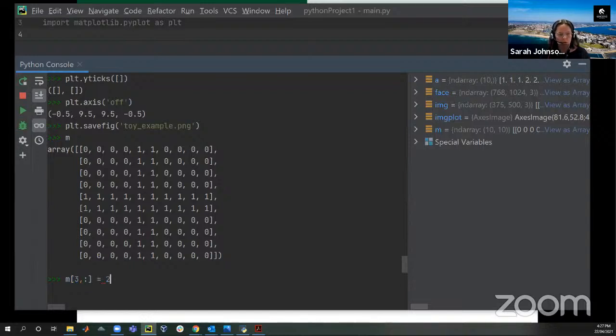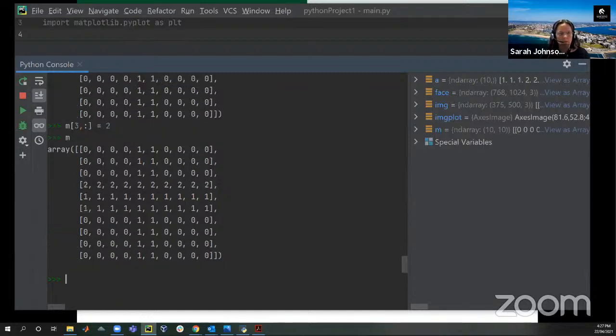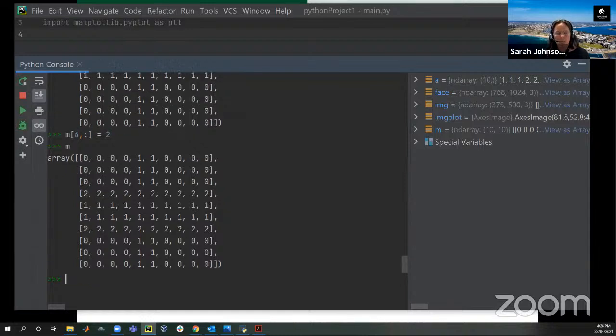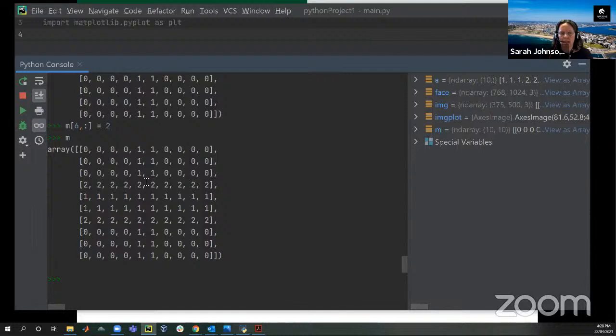Let's make it 2. So now you see I've got 3 values in my array. Let's make it symmetric and make it tidy. So what's going to happen now when I print out this two-dimensional array is that 2 is now the largest